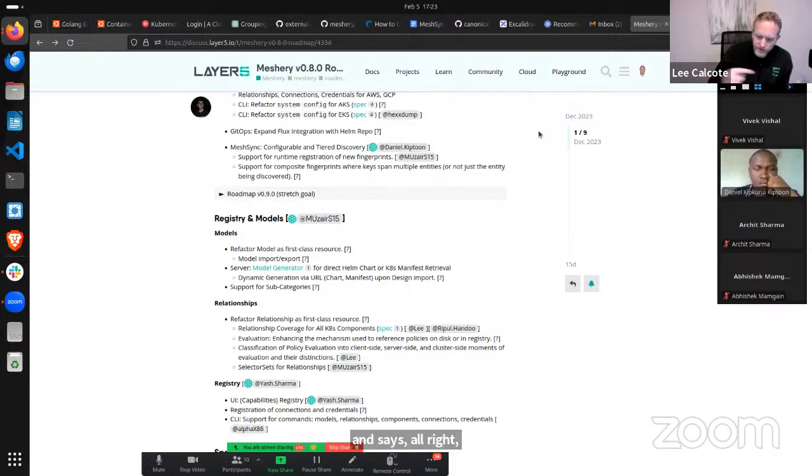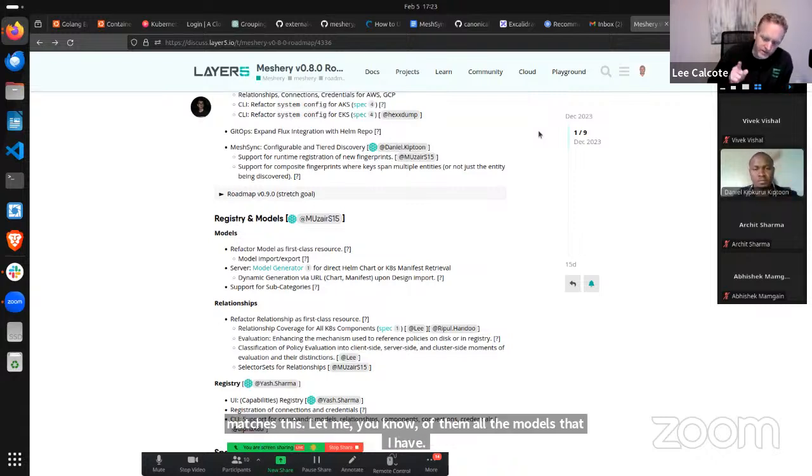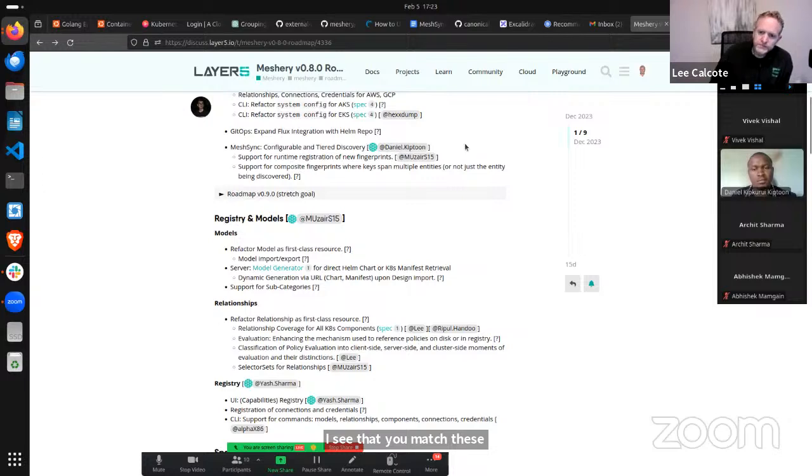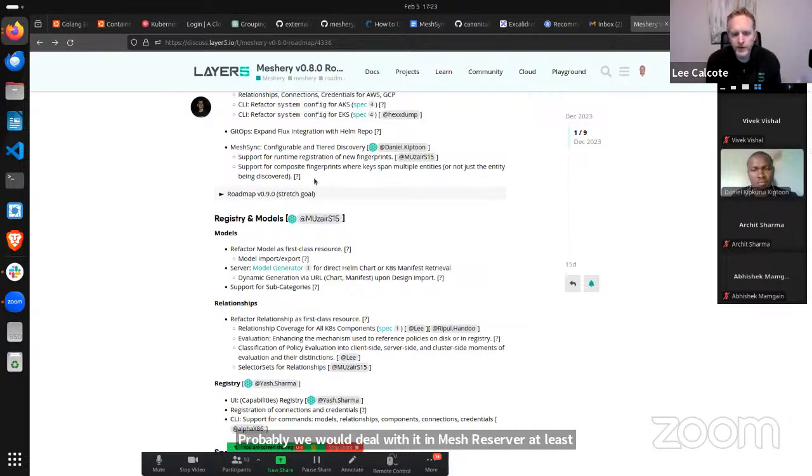Yep, your fingerprint matches this. Of all the models that I have, I see that you match these fingerprints. And so, yeah, your Istio. Probably we would deal with it in Meshery server, at least initially. We might offload that and bring it closer to source at some point in MeshSync, so that Meshery server doesn't have to deal with it, and entities can be pre-qualified before they are sent or not sent to Meshery. Because if on the blacklist someone says, I don't care to learn about Istio,